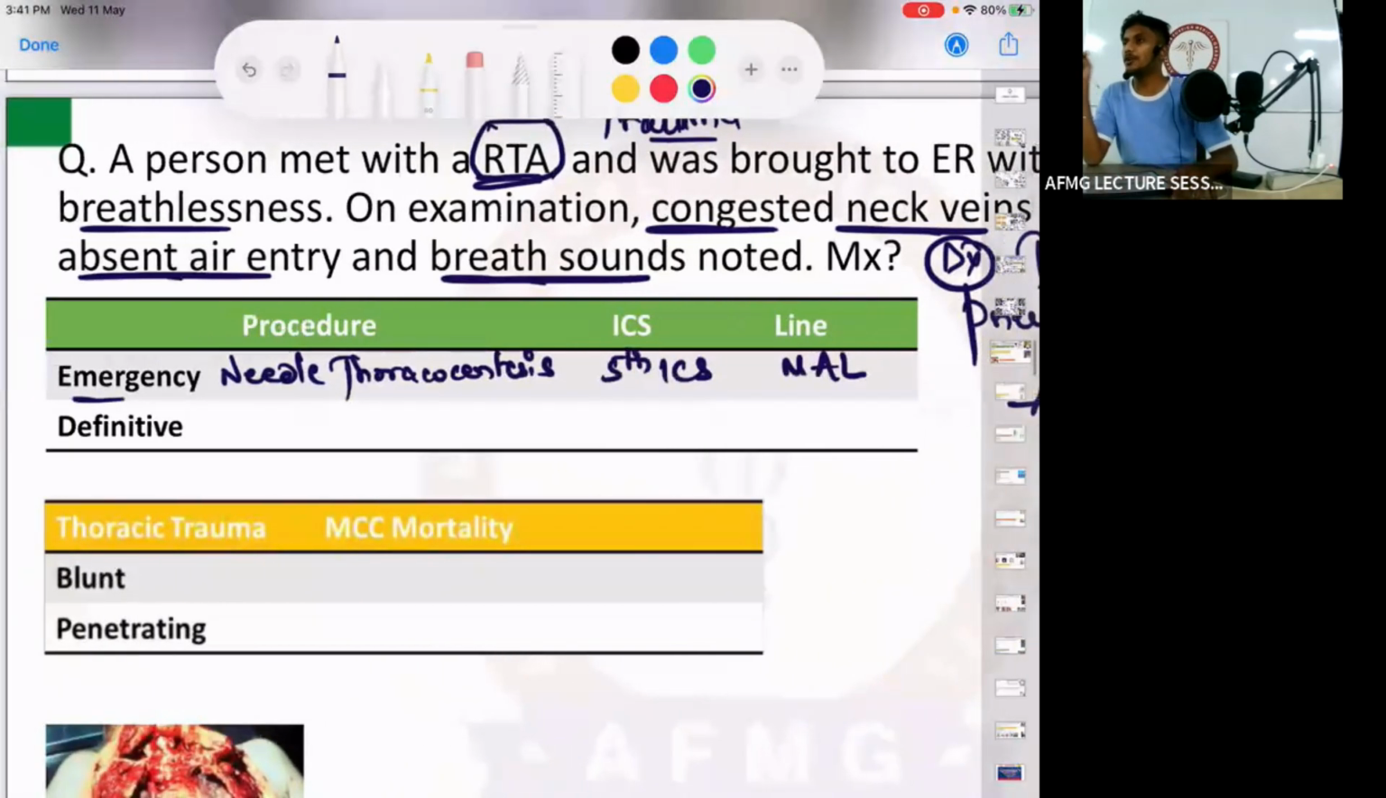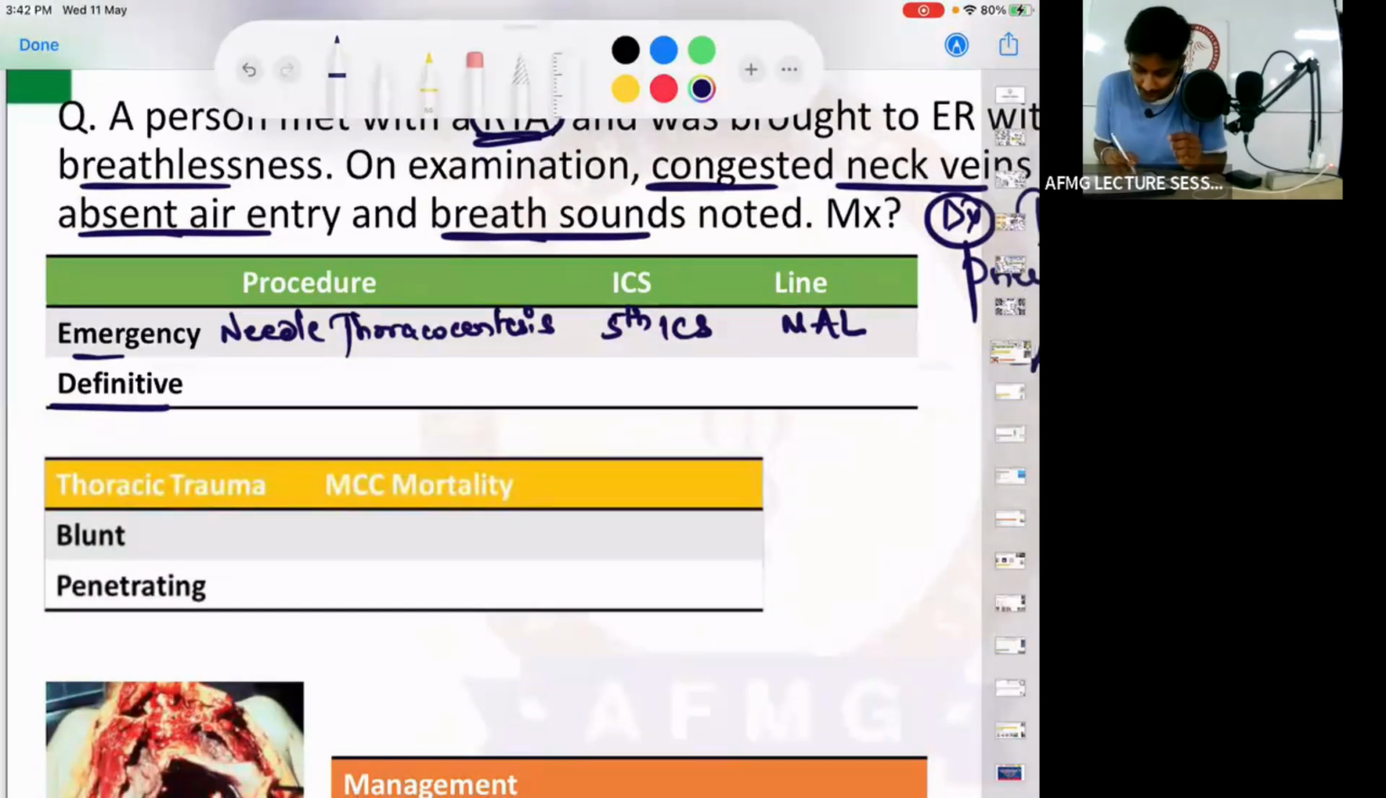So what is the emergency procedure for tension pneumothorax? Needle thoracocentesis. Which intercostal space? 5th. Which line? Mid axillary line. If I talk about definitive management, now needle is just for temporary relief. If you need a definitive management, you need to insert a ICD, intercostal drainage tube, or a chest tube. So ICD tube insertion or intercostal drainage tube insertion is called as